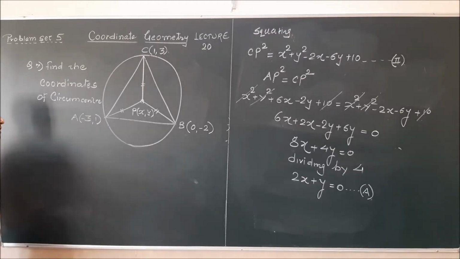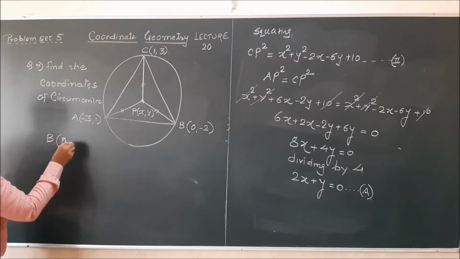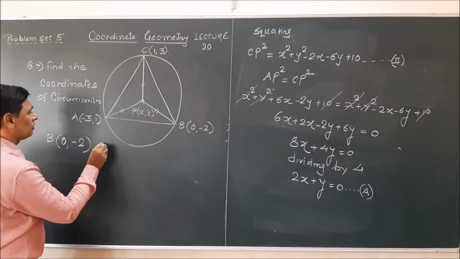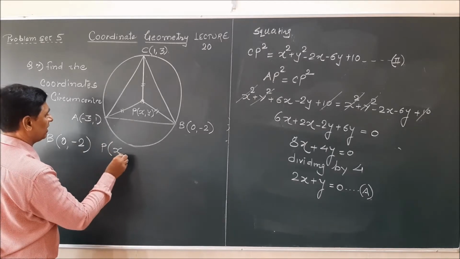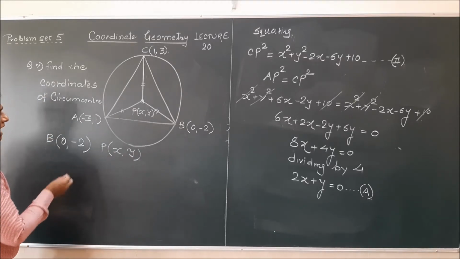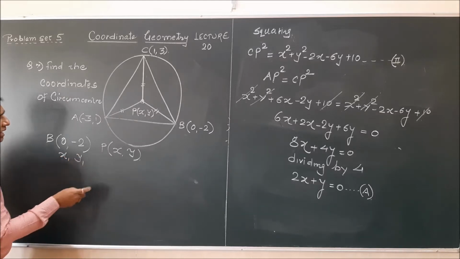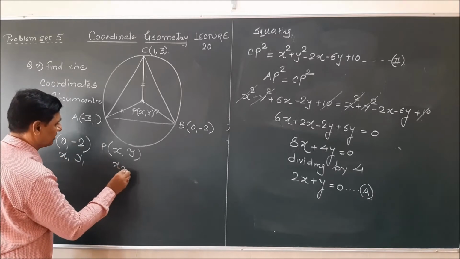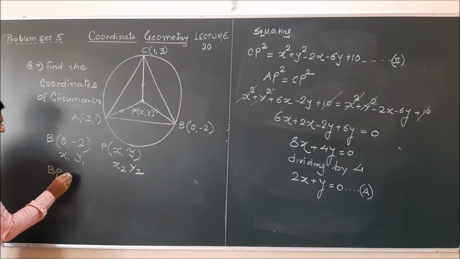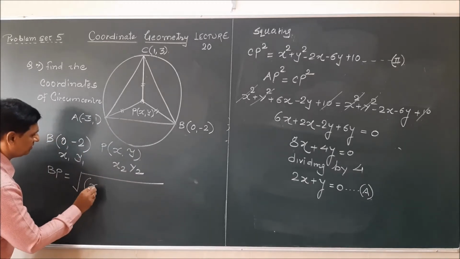Now coordinates of B are 0, minus 2. Okay, and coordinates of P are x, y. So I am going to call B as x1, y1 and P as x2, y2, by distance formula only. So BP is equal to root of x2 minus x1